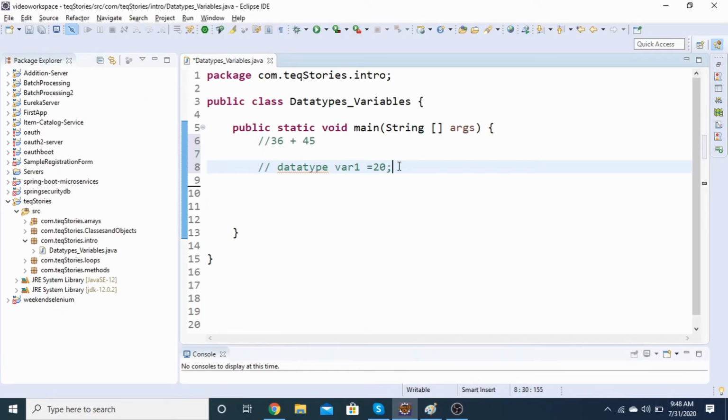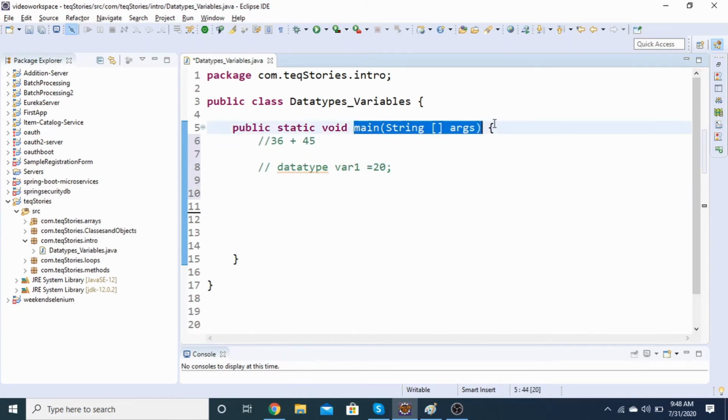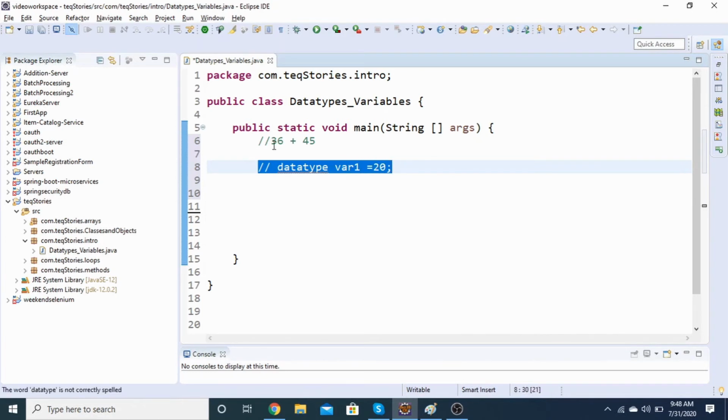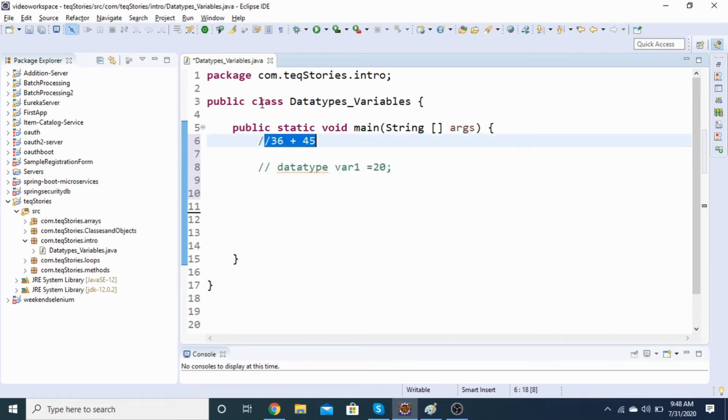Now, I have just written it generically, that this is just a data type. Let's try to write down the actual things. Whenever I have to write things which should be considered by Java or by our main block, I will not use these double slashes. Whenever we use double slashes, it means it shouldn't be read by the computer, or actually by the compiler. So if the compiler has to execute any code, it has to be written without double slashes.